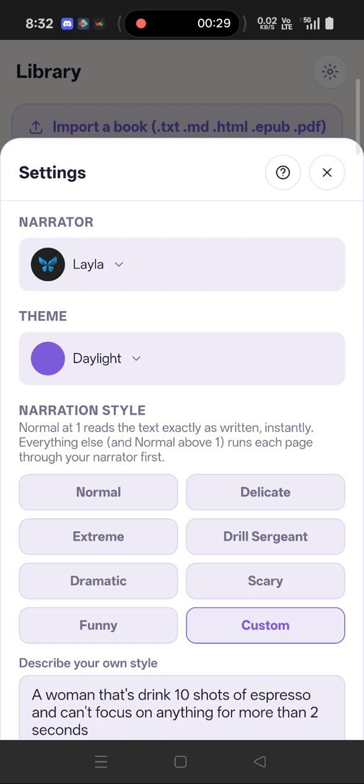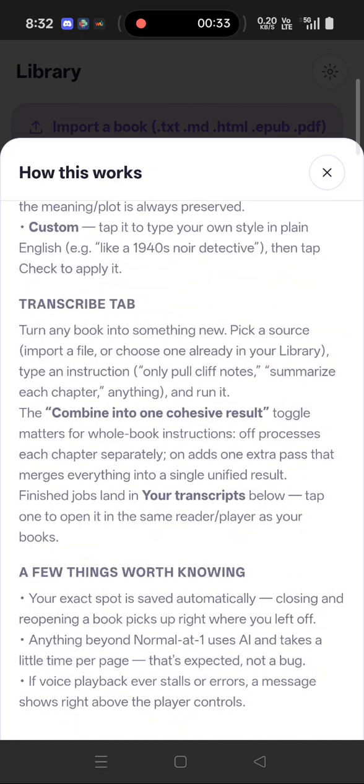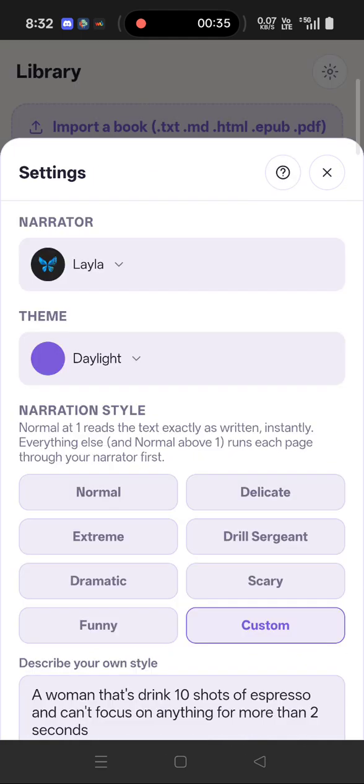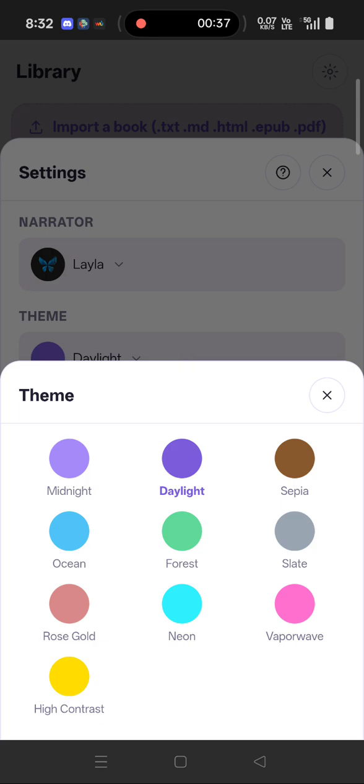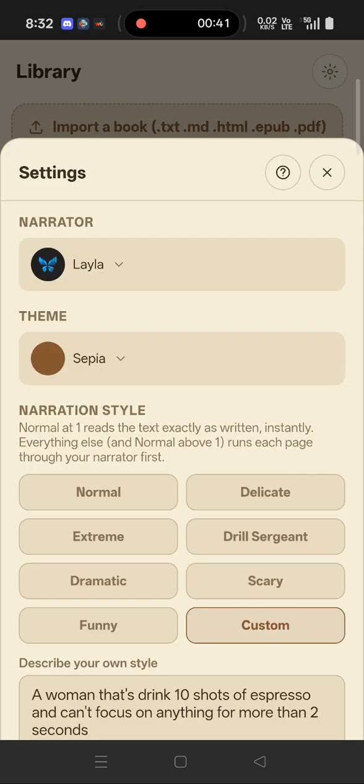Up here you have a question mark. If you press it, you get a whole bunch of information. And the themes, you can completely change the themes. I'll go with this one. And for this, we're going to use